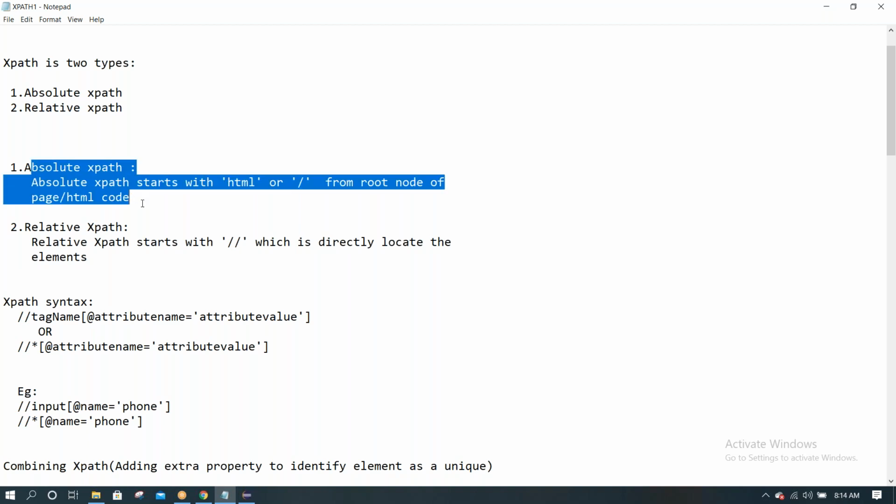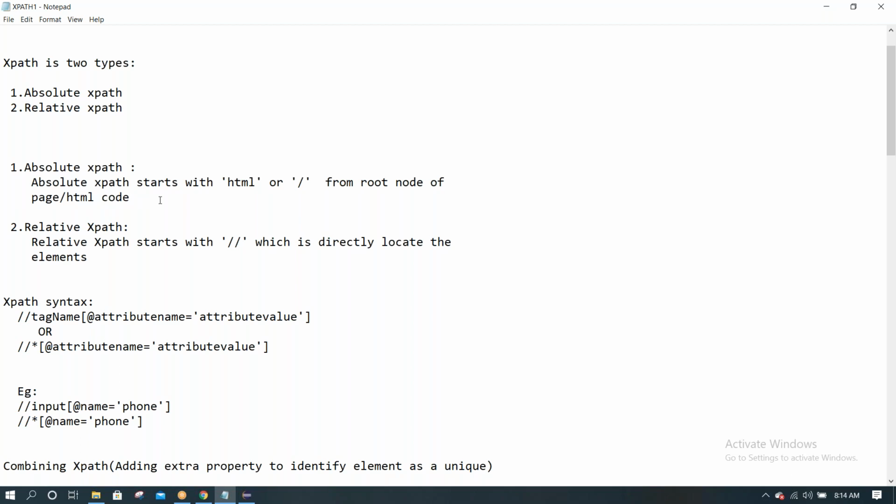Whereas absolute XPath is like telling it with the map also. You need to go to India, from there catch a flight, then catch a train and go there, and in the end you tell your location name.